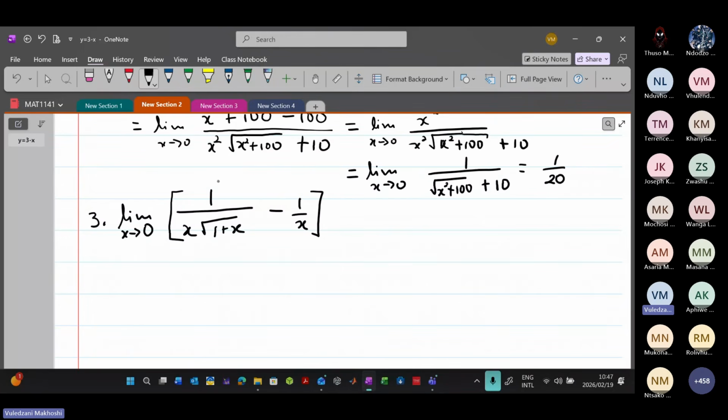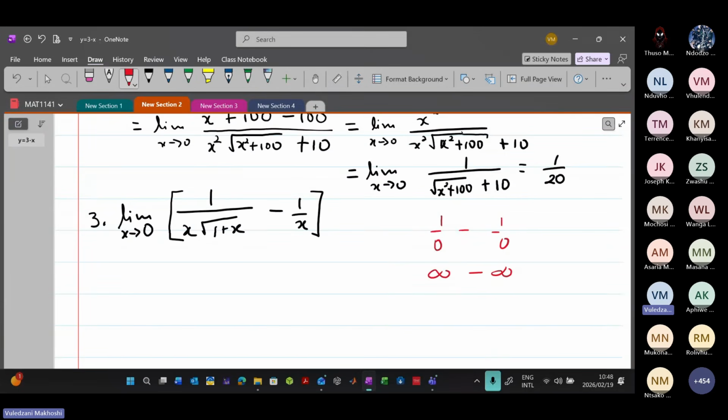So for the first one, you will have 1 over 0, and the second one, it's 1 over 0. I'm saying if we're applying the limit laws, we'll have 1 over 0 here, minus 1 over 0, which is like infinity